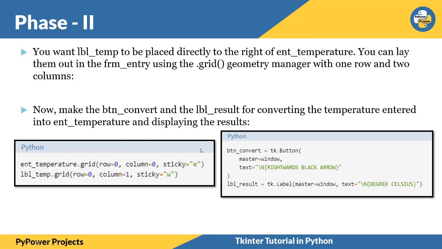So we will be doing it, and we will convert. tk.Button(master=window, text="\u2192"), which means it would be a button with a rightwards arrow, just an arrow kind of thing which will convert into Celsius. Okay, so there will be a label where we are going to display something out. That is degree Celsius.